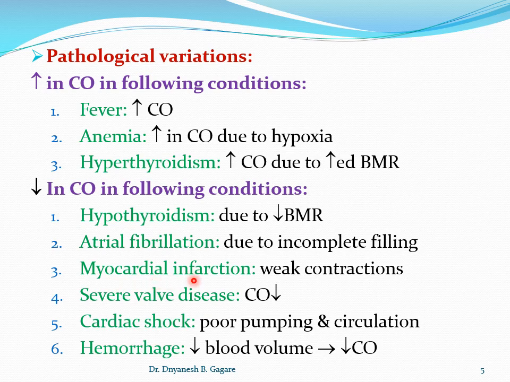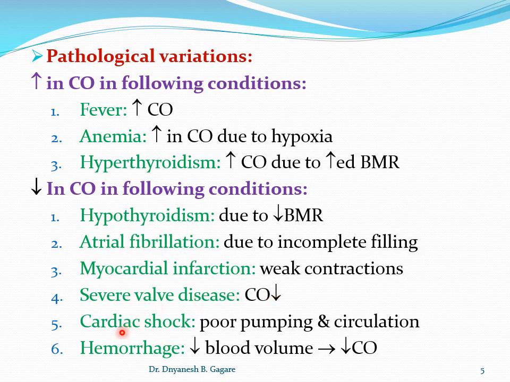Myocardial infarction, why does the cardiac output decrease? Because it weakens the contraction, the heart becomes weak, and the force of contraction decreases in myocardial infarction. Then in severe valve diseases, cardiac output decreases. For example, in aortic regurgitation and aortic stenosis, in regurgitation there is a backflow of the blood,